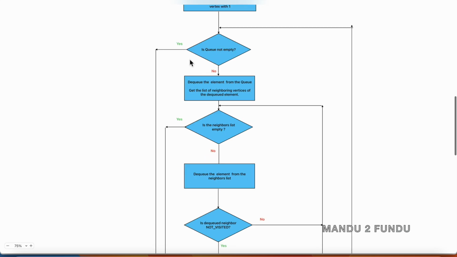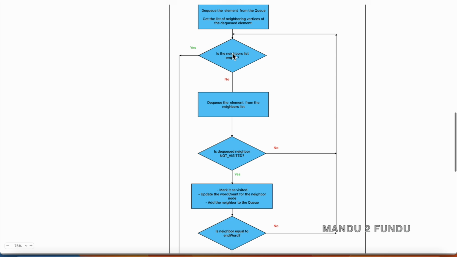Then we enter the outer loop. This loop will run as long as there are elements in the queue. In each iteration we dequeue the first element from the queue and get the list of neighboring vertices for that dequeued element. Then we enter the inner loop, which actually visits the neighbors of the current node, and it will check whether